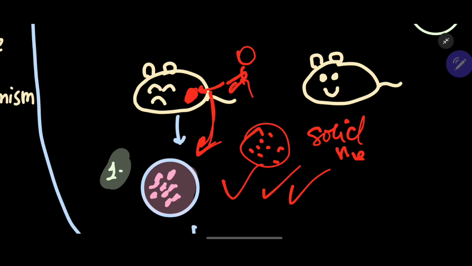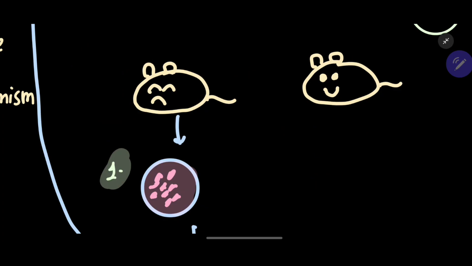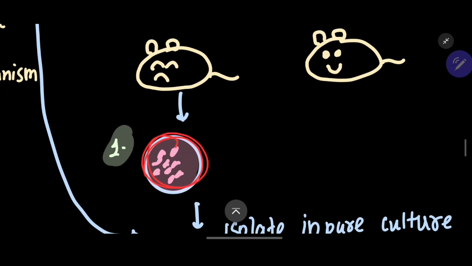So he concluded that, let's say, this rat is sad because it has a lesion caused by some microorganism. Obviously, he didn't know this, because at that time they didn't know that the microorganism would be present in the lesion. He just randomly isolated this lesion and saw it in a culture. And then he realized that the microorganism that caused this disease is present in that culture. So the first postulate, in fancy words, is that the microorganism should be constantly associated with the lesions